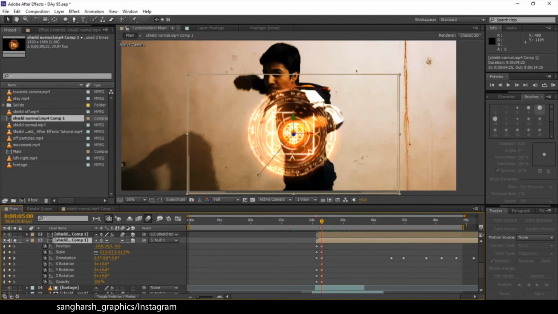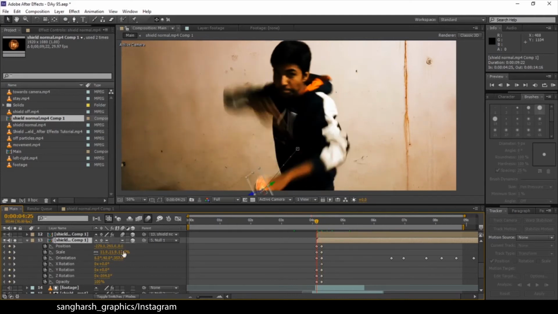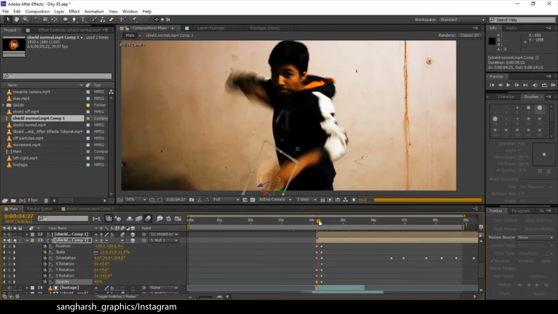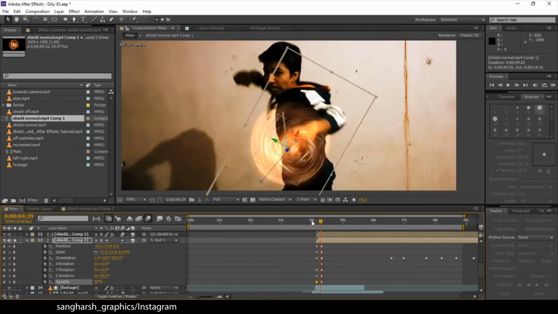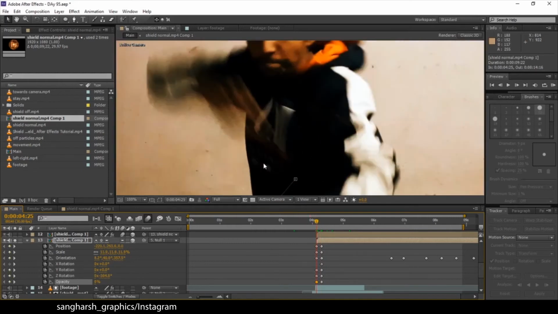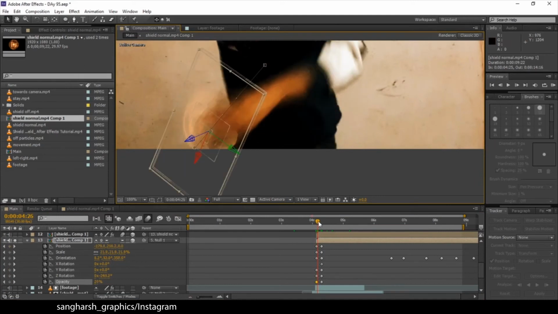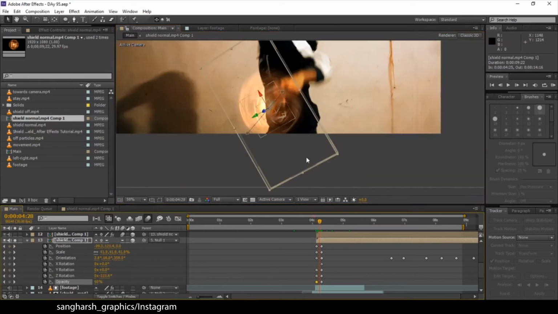When the hand is down, I rotated it on the Z axis to get a nice rotation, -300, and made the opacity 0. So you get a nice fade-in turn effect, and to get that 3D effect I rotated it according to my hand, like this.